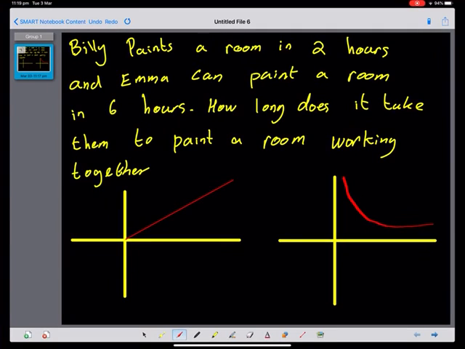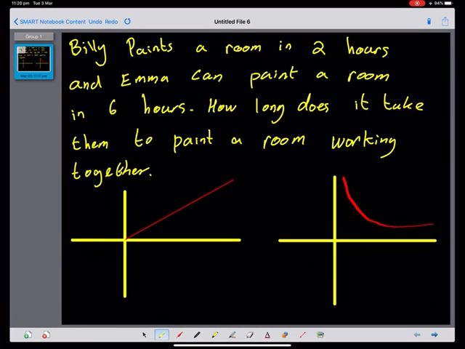Okay, so just have a look at another problem I liked. Billy paints a room in 2 hours and Emma can paint a room in 6 hours. How long does it take them to paint a room working together? Okay, so